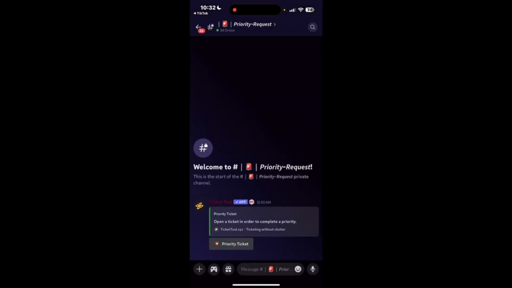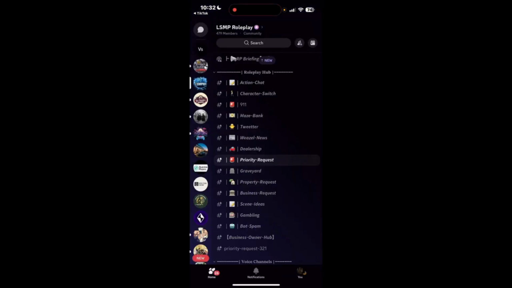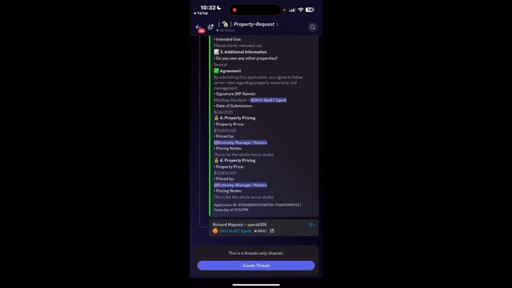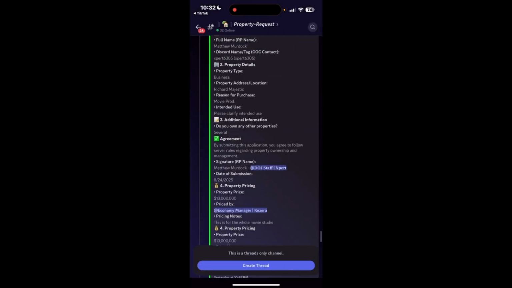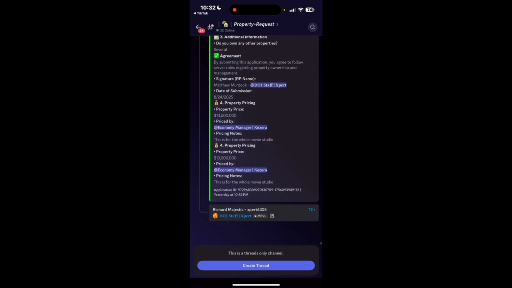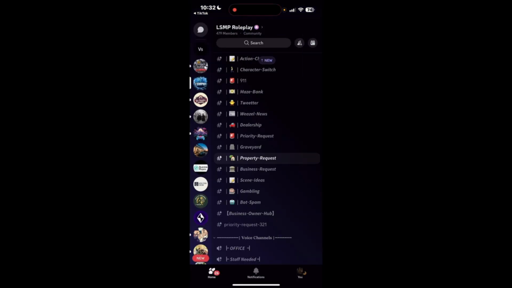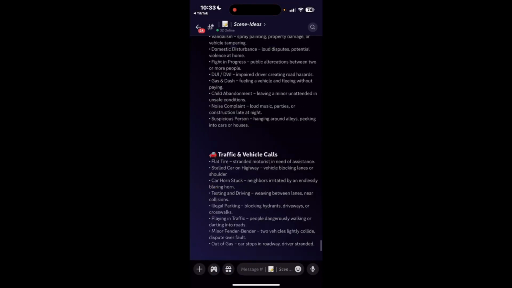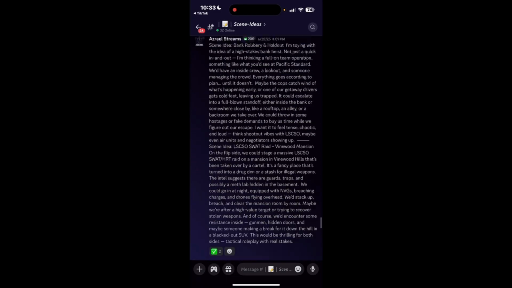Priority request. Most priority requests would be for robbing a bank, gas station, killing a cop. That would be killing somebody, would be all priority requests. You would make a ticket. A director will be with you in a short period of time and will either approve or deny your request. Property request. You would, of course, create the thread, use the command to make the property request, and purchase it, depending on the amount that the economy manager gives you. Scene ideas. This channel is very vital as well, as you can scroll through here, get scene ideas for your character,